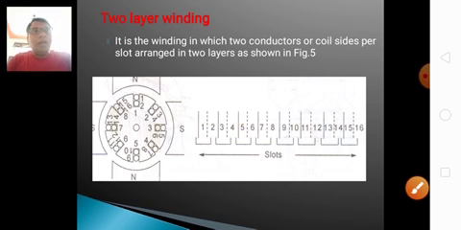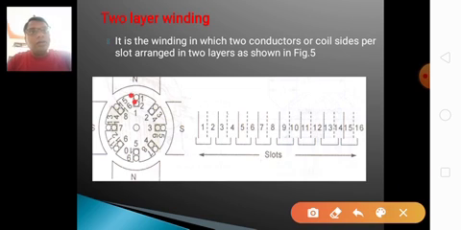It is the winding in which two conductors are coil sides per slot arranged in two layers, right? That is shown in the figure already. One coil and a second one, each slot having two conductors, two coils, that is known as two-layer or multi-layer